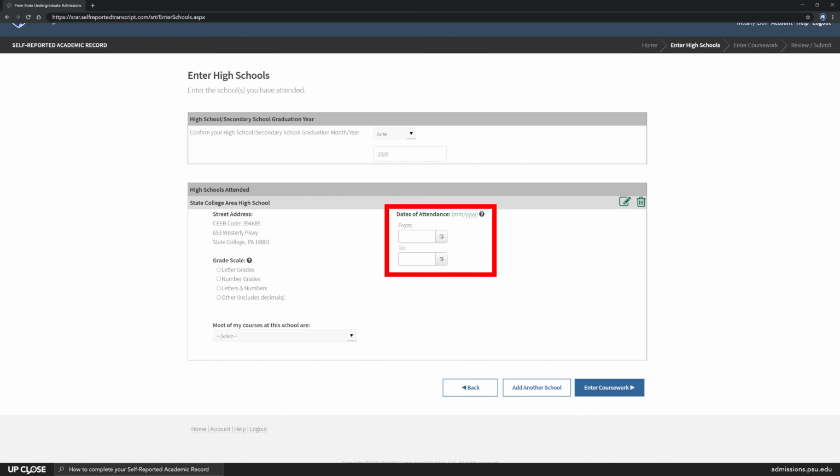When entering your dates of attendance, the from date should be the month and year that you first started attending this school, and the to date should be the month and year you expect to graduate, or the date that you last attended this school. You'll continue by entering the grading scale and the structure of courses at your school. If you need assistance entering this information, try clicking on the question mark icons, or feel free to reach out to us at